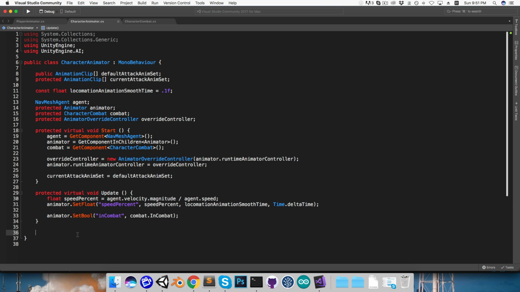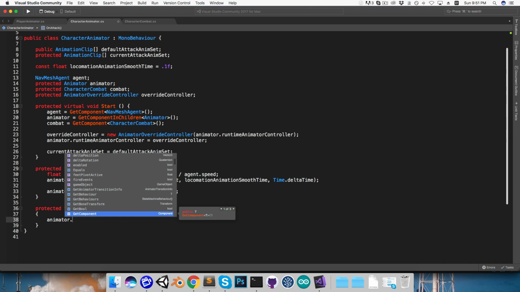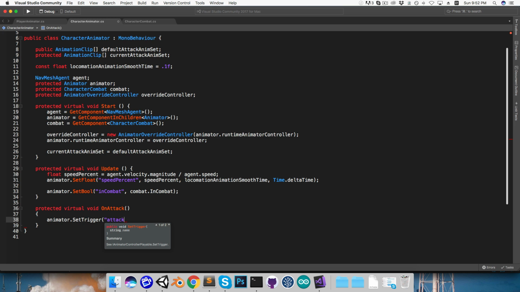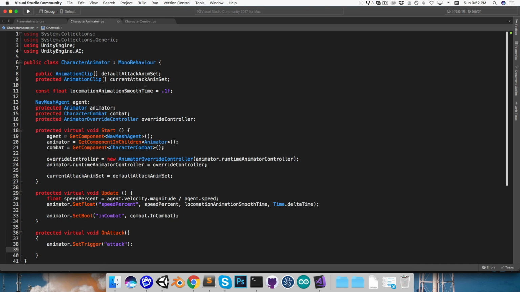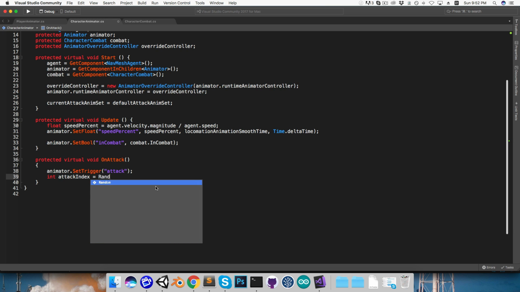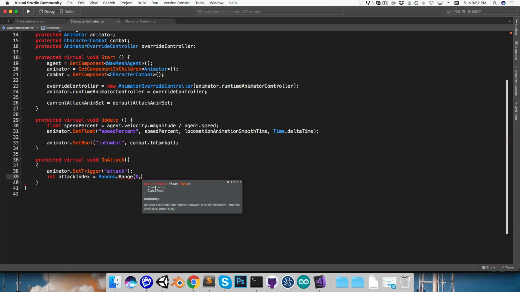Alright, so I'm going to create a protected virtual void here in the character animator called onAttack. And this is first of all going to activate the animator's attack trigger. So we can say set trigger, attack, and then I want to swap out the default attack animation for a random animation in the current attack animation set. So you can say int attack index is equal to random.range from 0 to current attack animation set dot length,